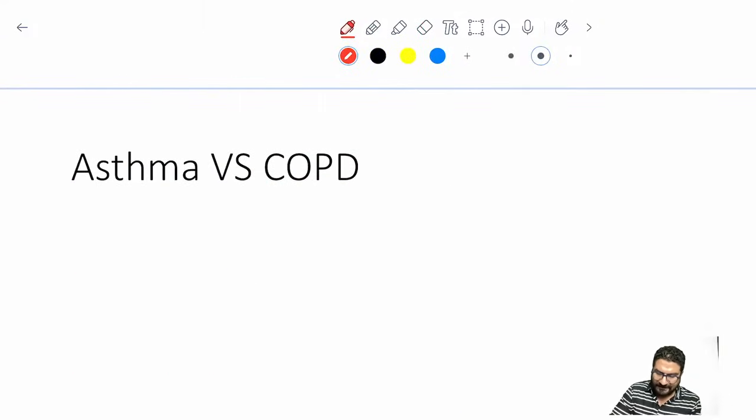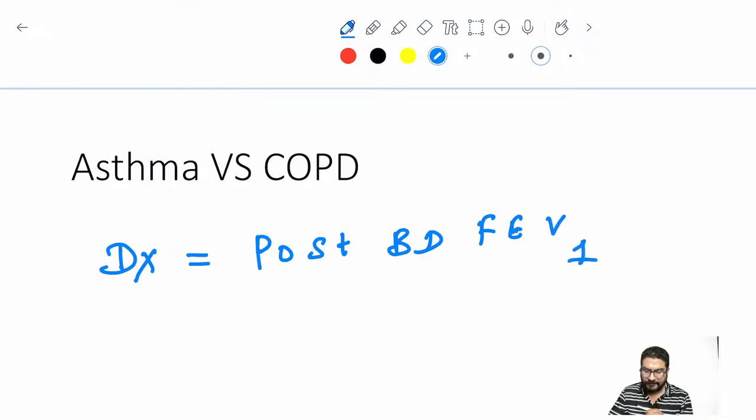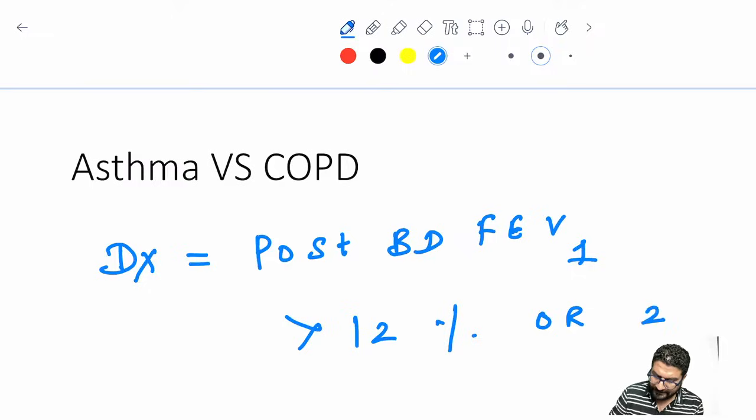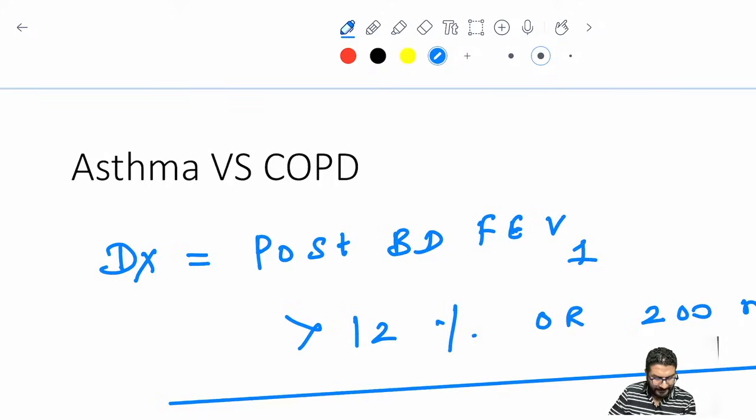Okay, now coming to asthma versus COPD, they ask you questions basically on the diagnostic part. So how do we diagnose? We diagnose this based on post bronchodilator FEV1. Understand, if it is more than 12% or 200 ml, after giving the bronchodilator, right,